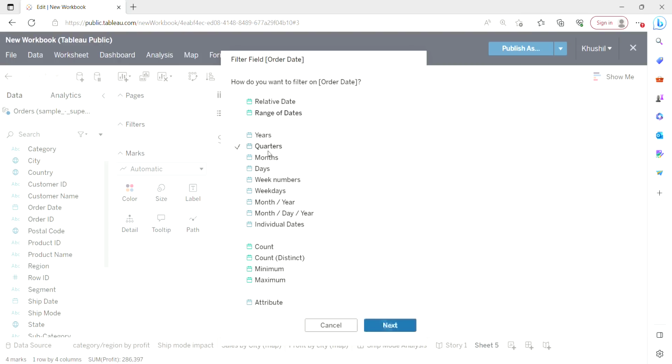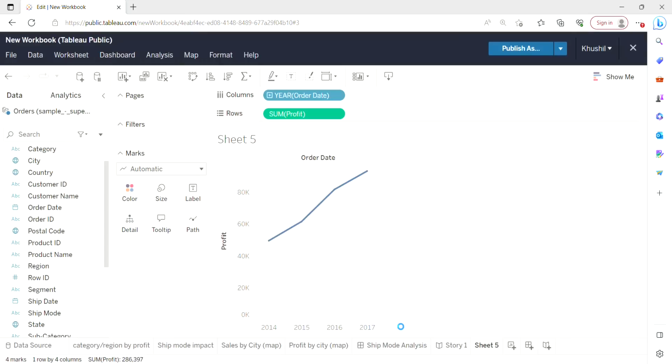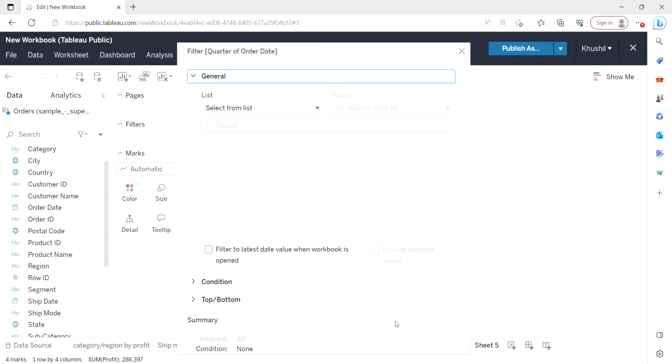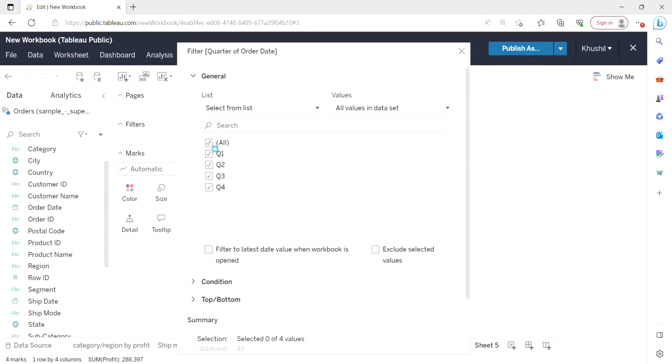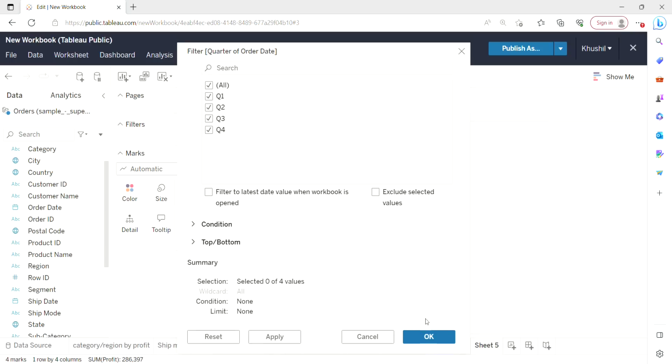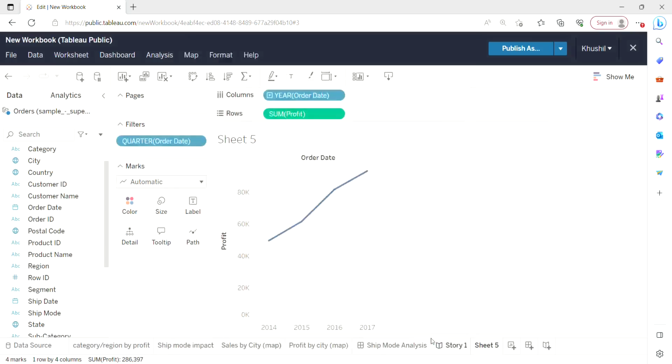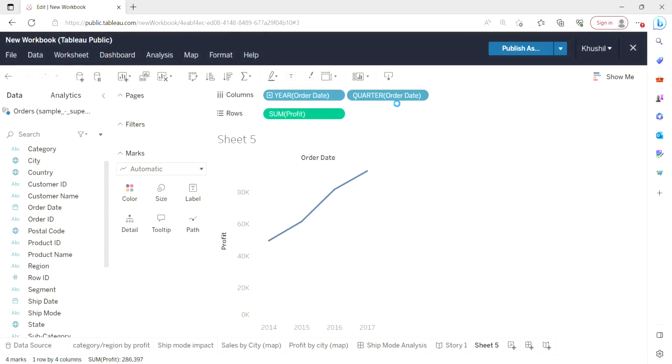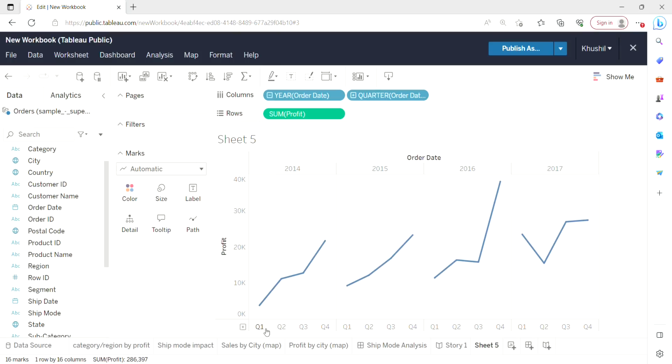Let's say I need quarterly data, and if I click on next, okay, and I want all the quarters, and then I will drag down and simply click on OK. Then here you will see that a quarterly filter is also created, and if I click on this, I will be able to see the quarterly analysis as well. Here the breakdown is done,